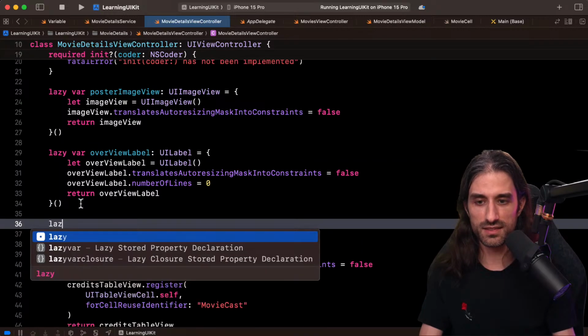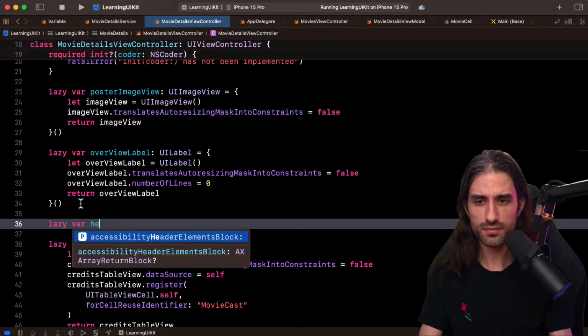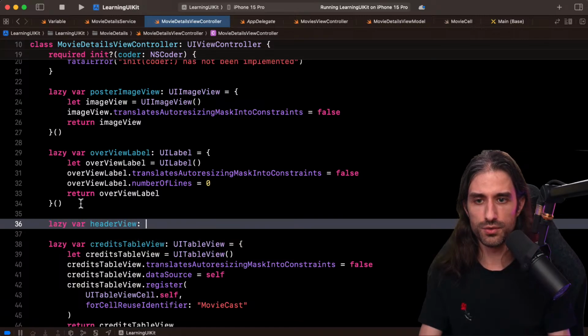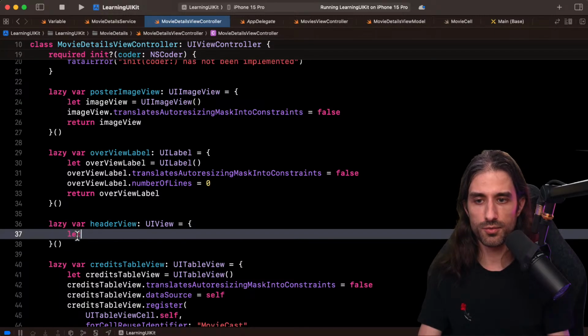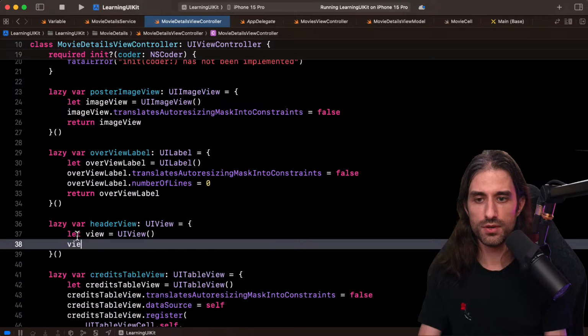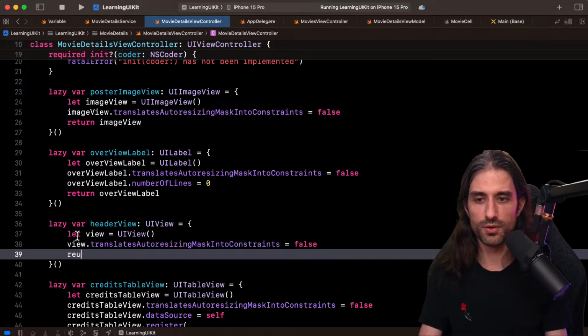So let's create this header. I'm going to call it header view. So it's going to be a basic UI view. I'm going to follow the same logic as before. So I'm going to do let view equal UI view, view.translatesAutoresizingMaskIntoConstraints set to false, and then return the view.